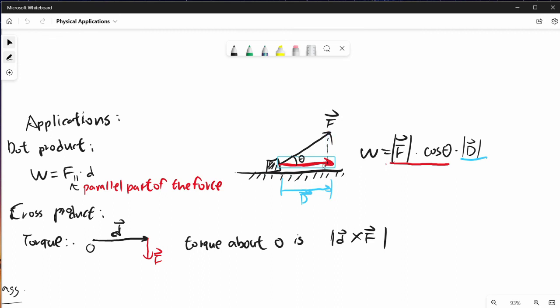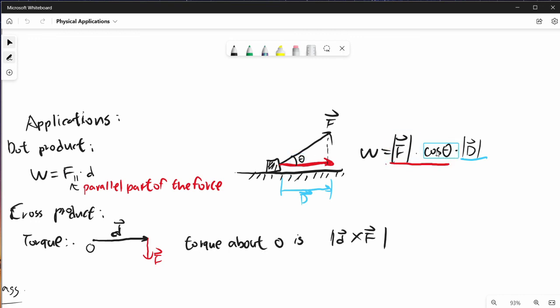Then you have to consider the force component that is parallel to the object's velocity direction, that is doing the work. So in this situation, you can use the dot product, which is essentially the force times cosine theta,